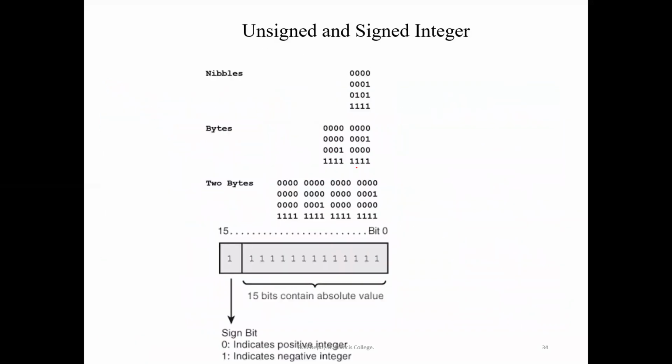So as you can see here, 16 bits means like this, 111, like you can count, there are 16 bits, right? But if I am declaring it as a signed integer, the first bit will be used for storing the sign. Is it clear? All are listening, right? The first bit will be used for storing the sign. If the first bit is 0, then it is a positive integer. If it is 1, then it is a negative integer.